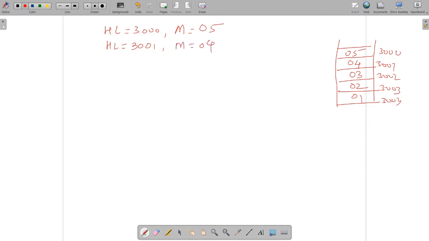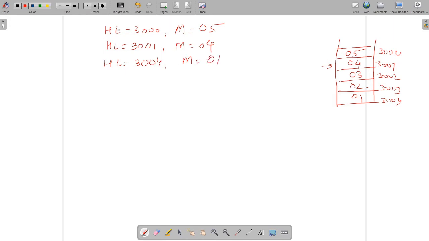Now you see the control is transferred from 3000 to 3001. So the HL pair address has been changed, and the memory pointer data has also changed. If you change the HL pair address to 3004, then M will have the data 01.